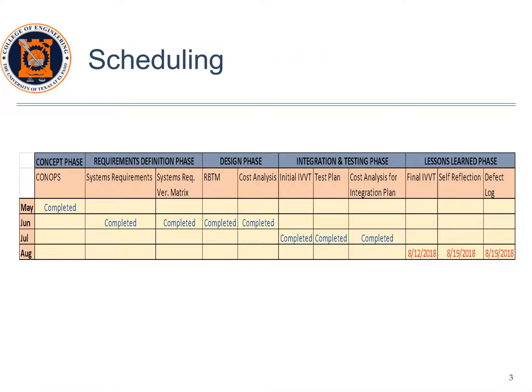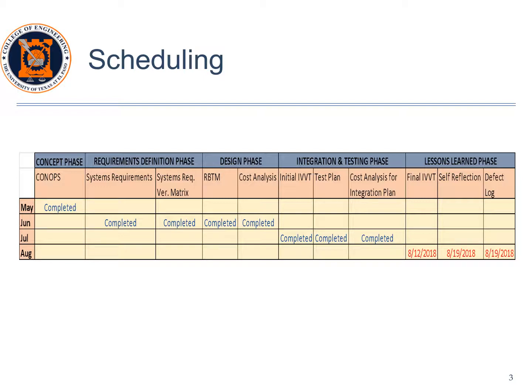This was our schedule for the course, starting with the concept phase, which includes the concept of operations, or ConOps document. This was the main focus of the concept phase for this course. From there, the requirements definition phase allowed us to define our requirements and verification validation techniques for each requirement. Then, the design phase allowed us to make sure that our design was justifiable and followed budget requirements. And the integration and testing phase allowed us to come up with the testing plans for our system components, integration,